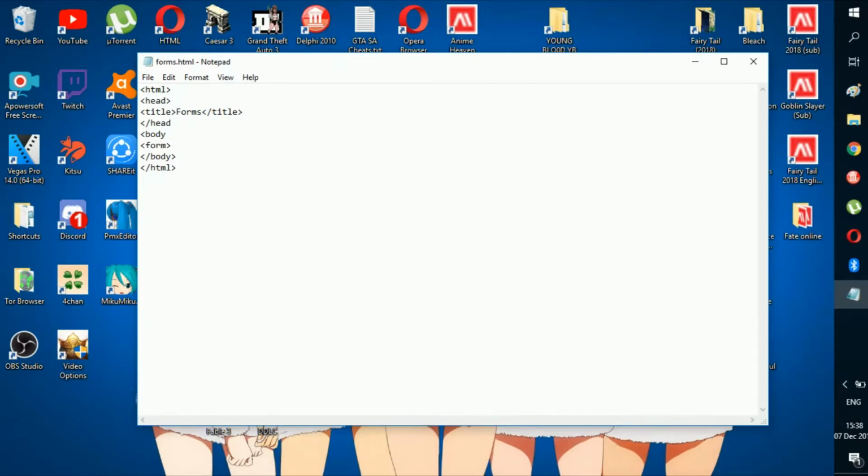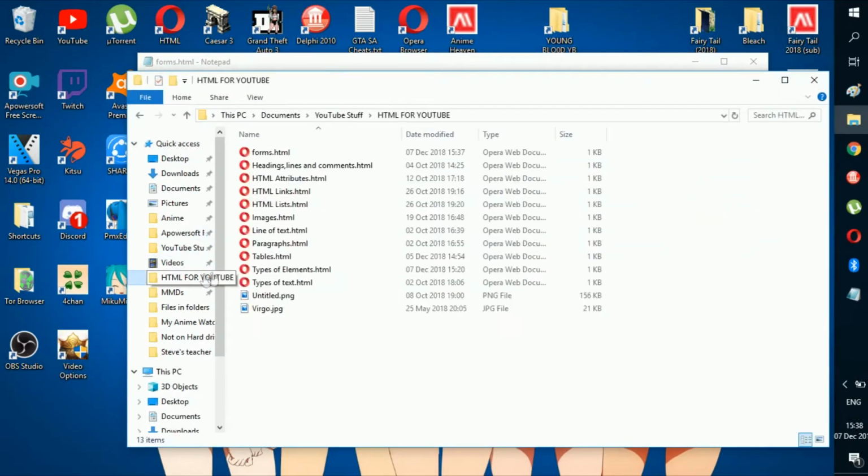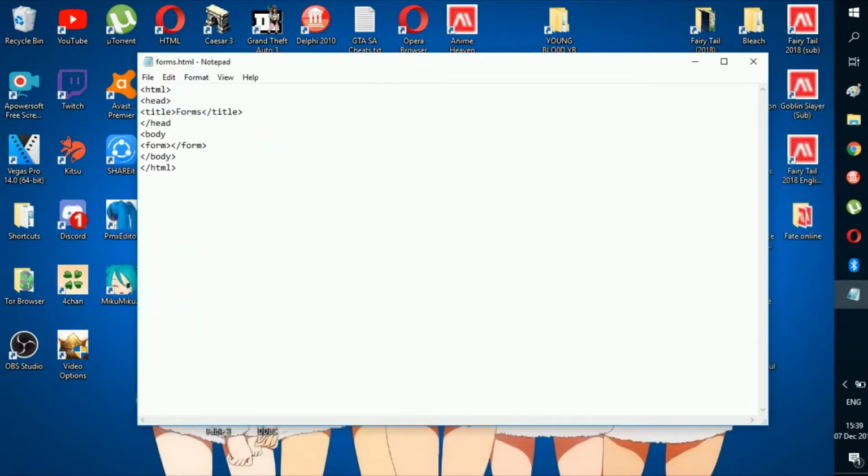Now, today we'll be doing forms. Forms is a way of collecting information from the user. When we start a form, we usually want people to go somewhere whenever they finish filling in the form, right? Now, to do that,